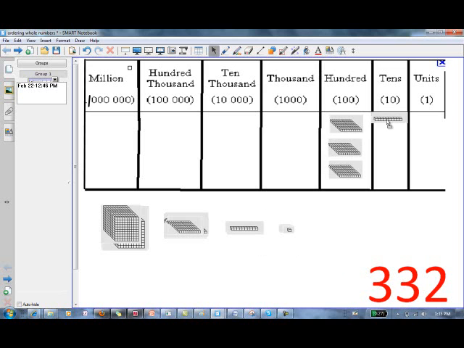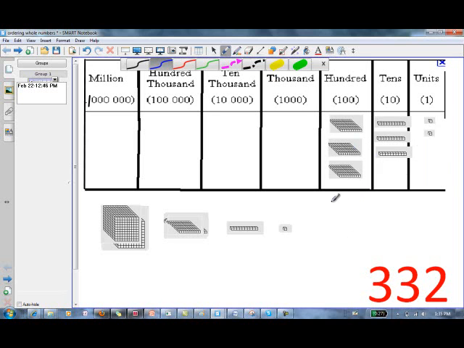We could add 1 to the tens column, which would be 10, 20, and 30, and we would have 2 left over. So we could bring it over here to the ones column, 1 and 2. So this number represents